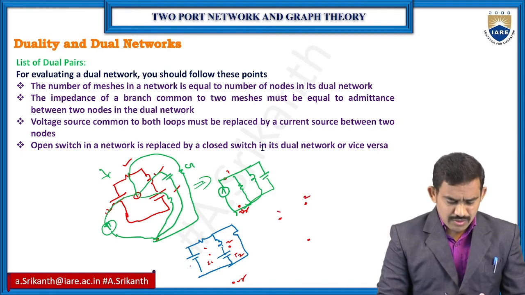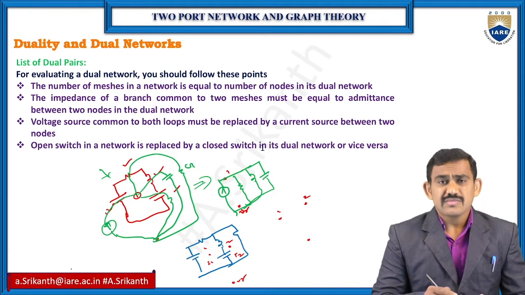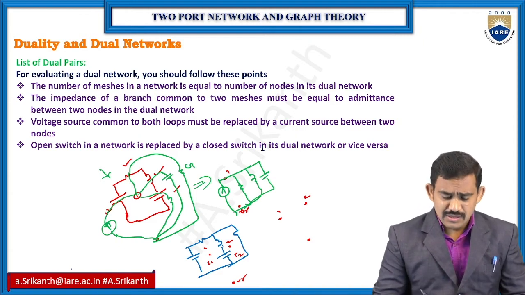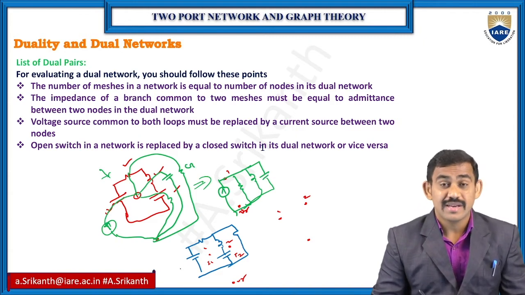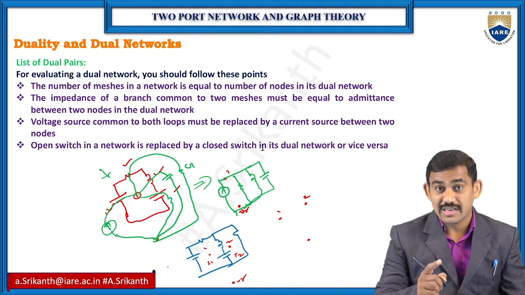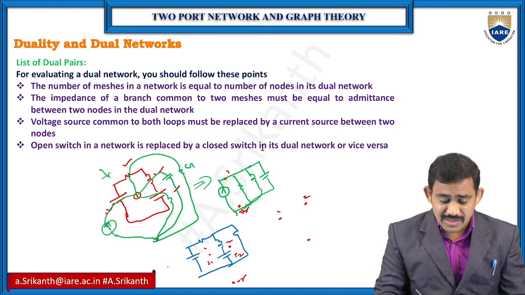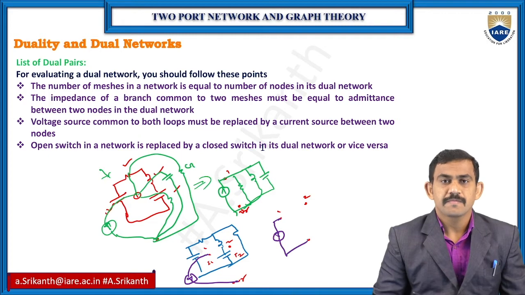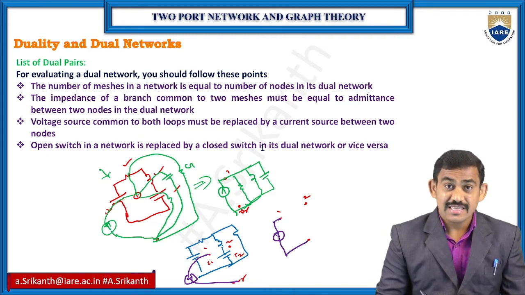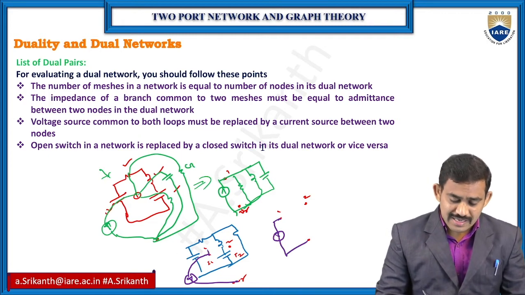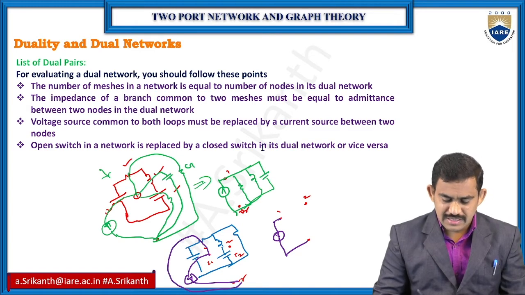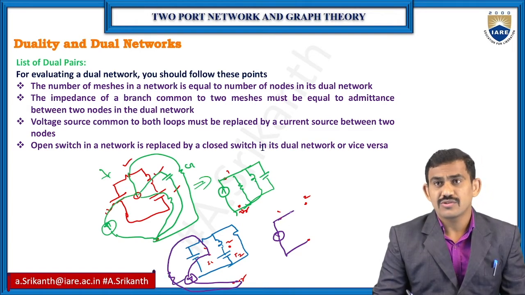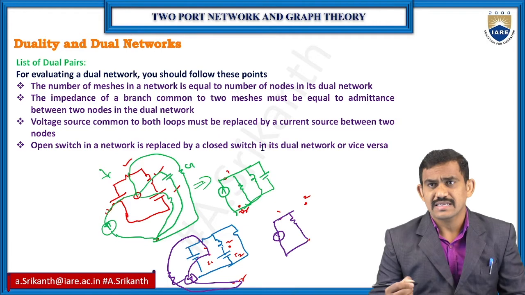Now draw the dual network. For the voltage source, how many currents do we have? At the voltage source I have only one current, that is the I1 current. So I1 current means node 1 to the current source with the reference node. Next, the resistor also has only one current. So node 1 to the reference node is your conductance G.